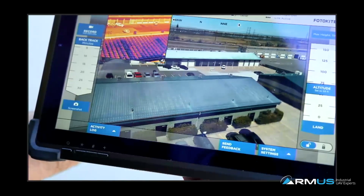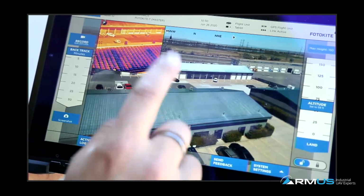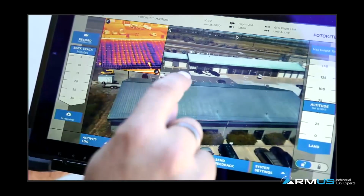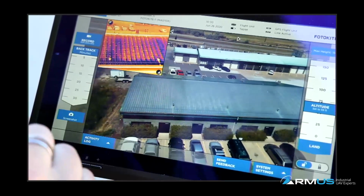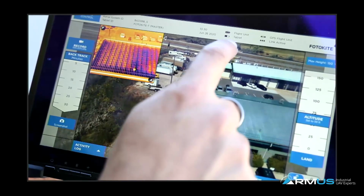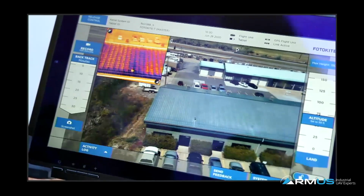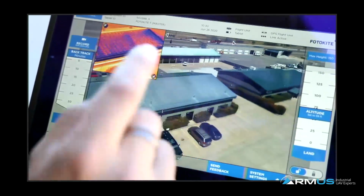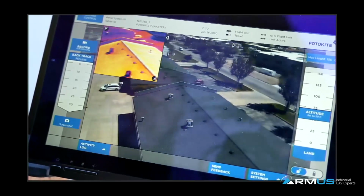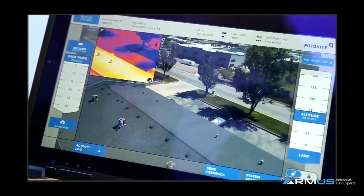Again, we have an altitude change up here around 60 feet, and we can move that up and down. Then by simply touching on the screen, if I double tap, I can move to a new position. Additionally, I have a little arrow up here on the top right that I can touch and slide, and by just a couple taps, I can see what direction I'm facing, north, northeast, south. So I'm going to go a little bit more to the south